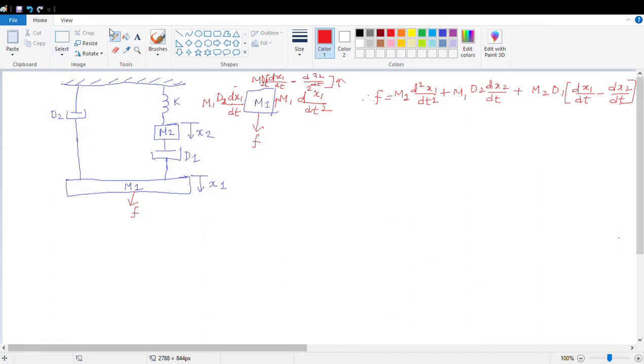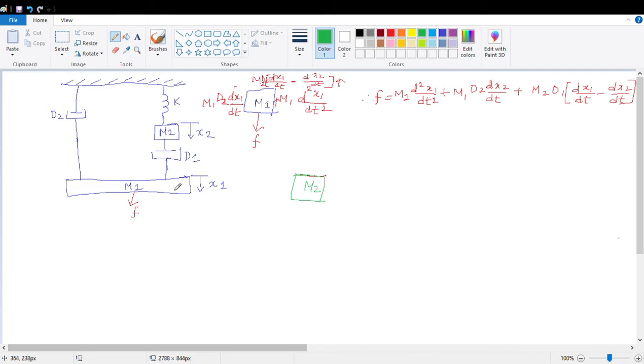As I told you in the earlier video, the number of masses present will be the number of equations of the system. So now let us go for the equation of another mass, M2. How am I going to draw the free body diagram of M2? Note that on mass M2 there is no direct force applied. So what forces are actually acting on mass 2?